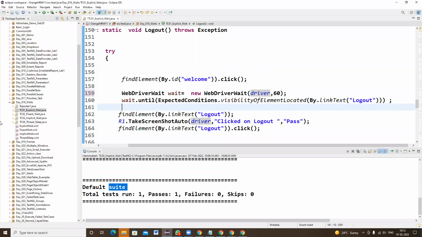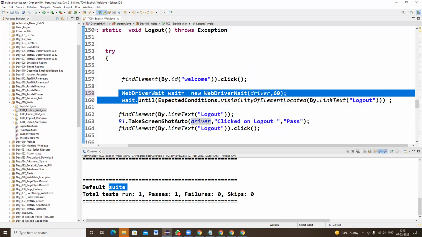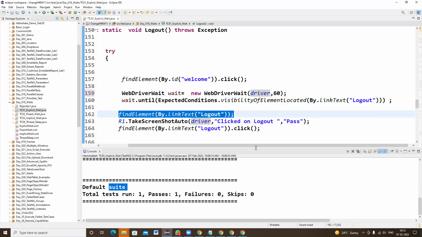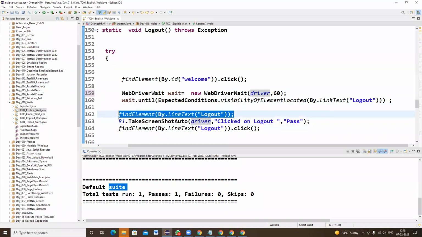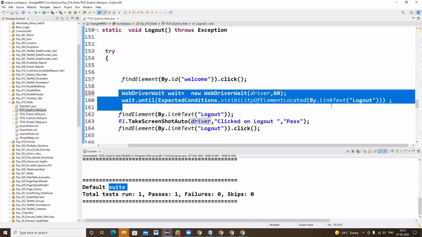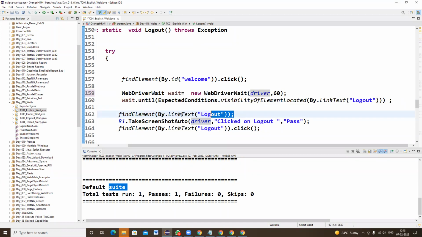Once that web element has been displayed and it is handled by the explicit wait, I'm highlighting the web element border and clicking. Suppose this line of code is executing at the 25th second, that means the driver waits for 24 seconds and in the 25th second it is handled. So here also the driver is not completely waiting for 60 seconds. The moment the web element loads, it is handled automatically.